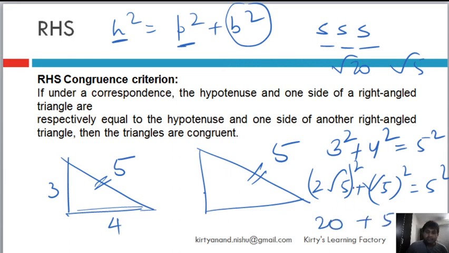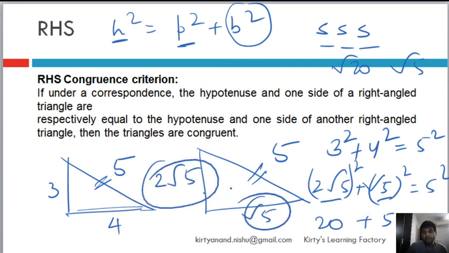So I get what is the square root of a number. We will come to it, and I'm hoping you know it. But this is another side combination. This could be 2 root 5 and this could be root 5. Okay, and they have certain values. So are we meeting SSS?